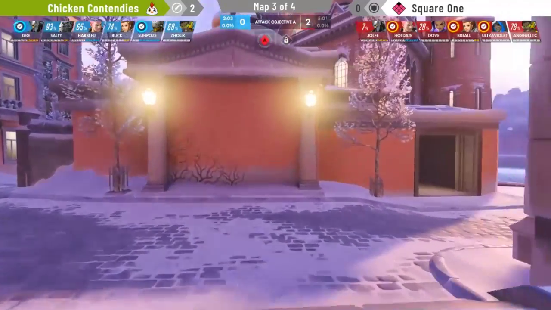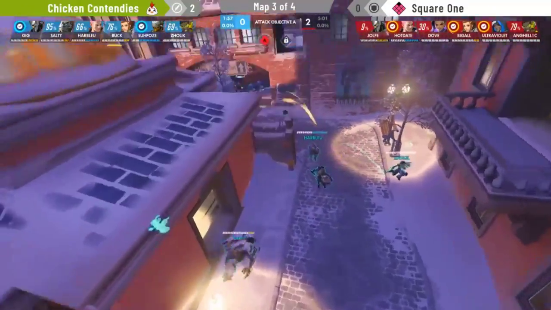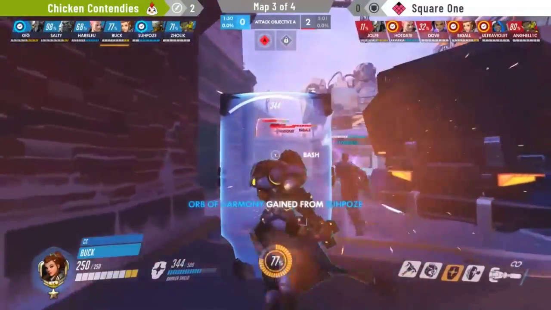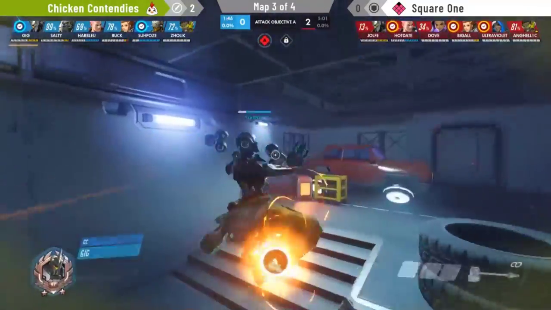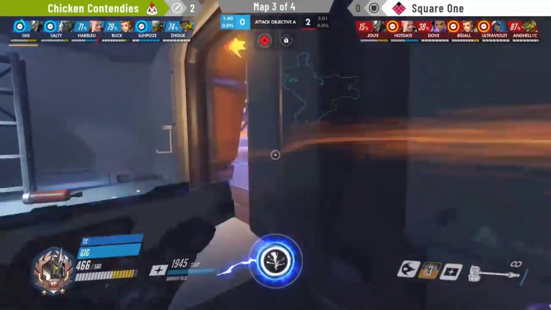Harblu has really struggled to get his up as well because, you know, most of these fights he's just been tossed around and dropped because of the aggression that Square One has once they gain the lead, once they get that opportunity to dive in and be able to take that tempo a little bit higher. Well, it's been quite some time Chicken Contendies have spent on this attack. Square One got it way quicker, so already a little bit of a time bank disadvantage,